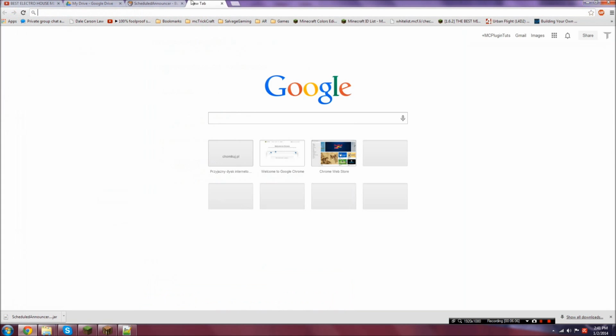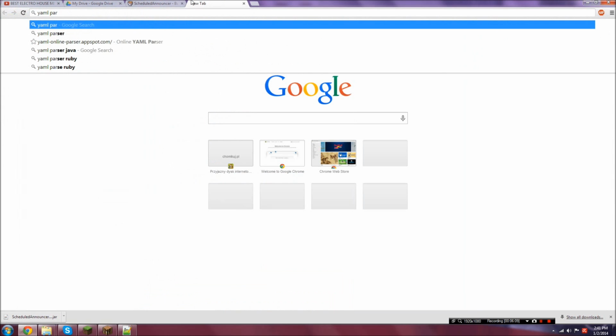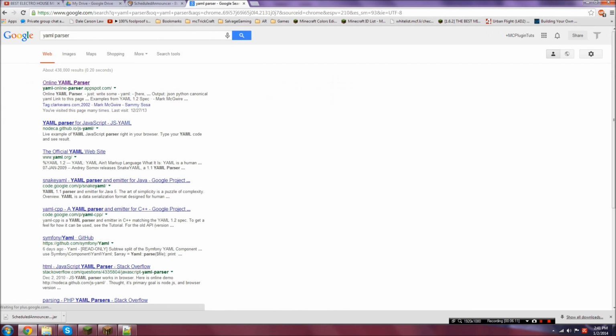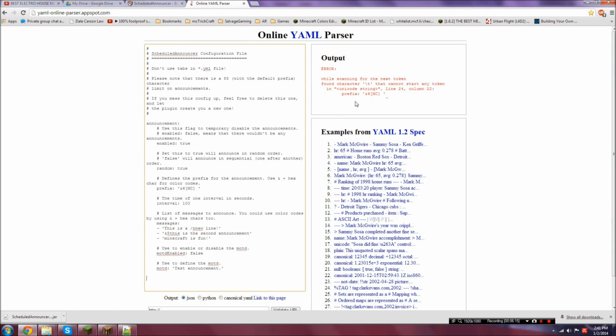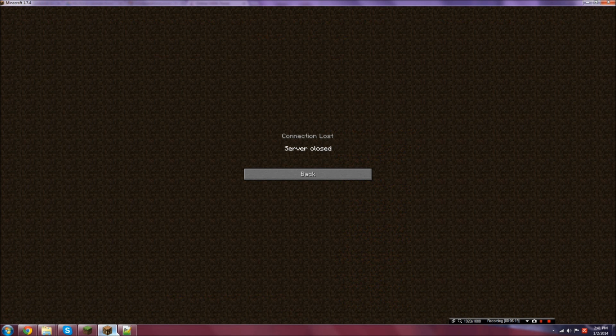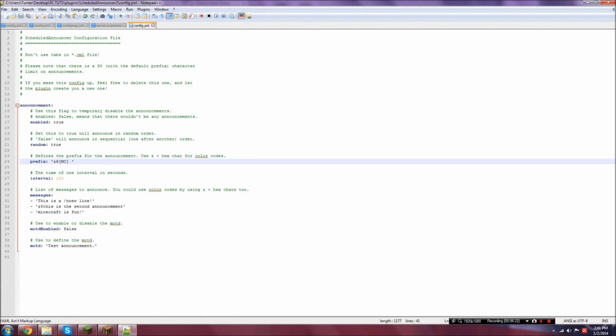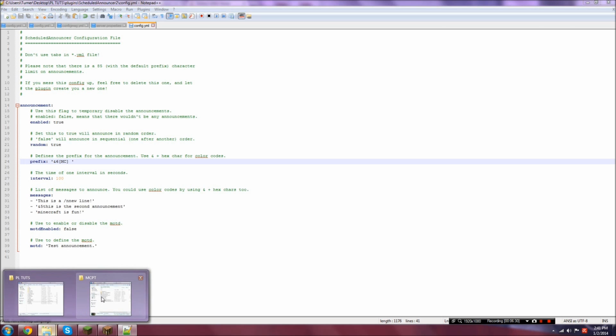Okay, so let's go here. YML. This is what I meant to do before and show you what you can use, because even I make mistakes and I've been doing this forever. What this is, it's a YAML parser, and it will tell you if you have any errors. And then you can fix them. So my error right here is there's a big old space after the MC, and that's how you fix that. Now if I save that, simple little mistake,